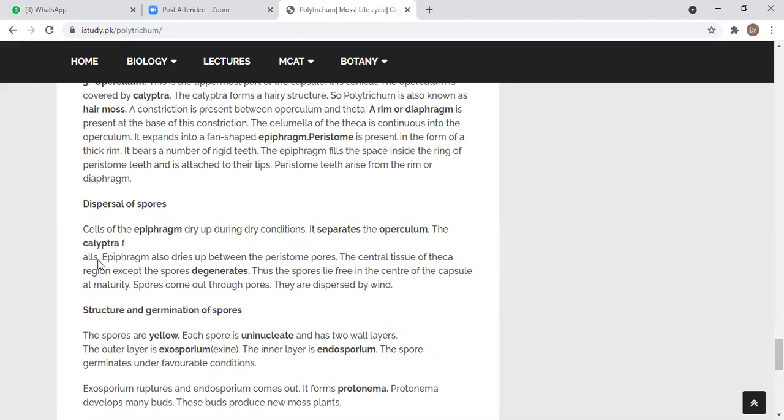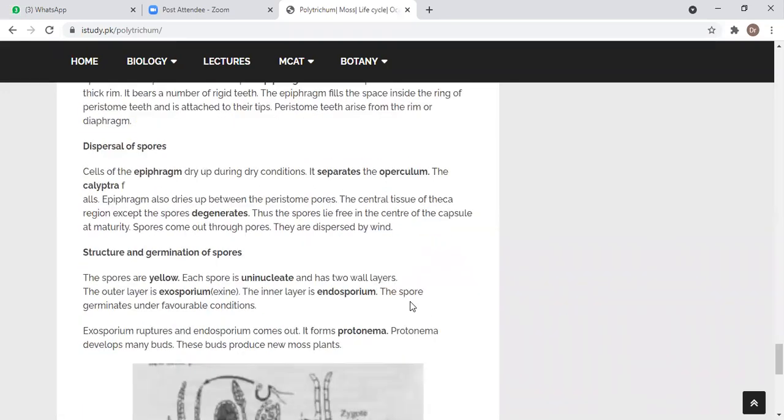So you can see here, when the dispersal of the spores occurs, how the spores are dispersed into the surrounding environment. This is occurring due to the epigram, or what we call the ring, or the peristomial teeth. They dry up during the dry conditions, due to which it gets separated from the operculum and the peristomial teeth will also dry up and the lid becomes very free to release the spores into the surrounding environment. So these spores are dispersed by the wind and when they fall on the substratum, they'll give rise to